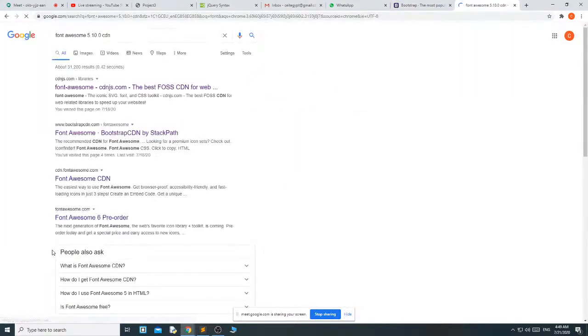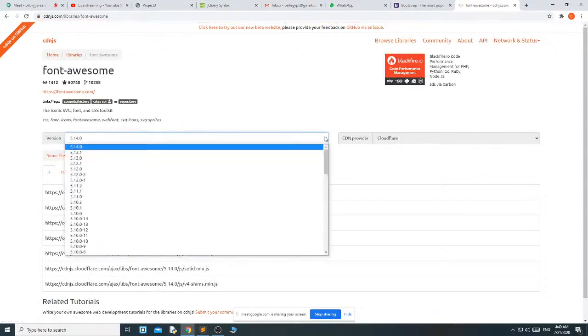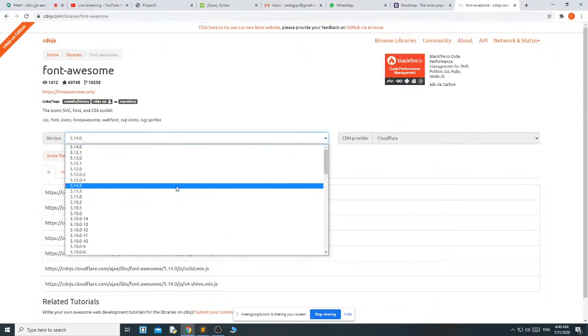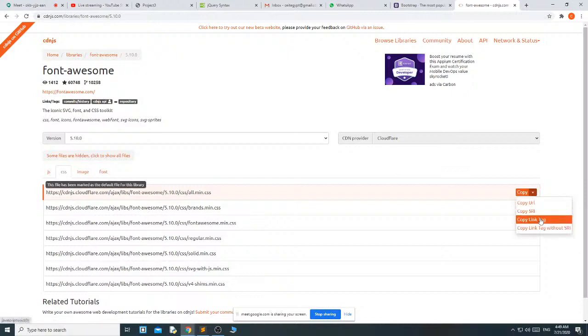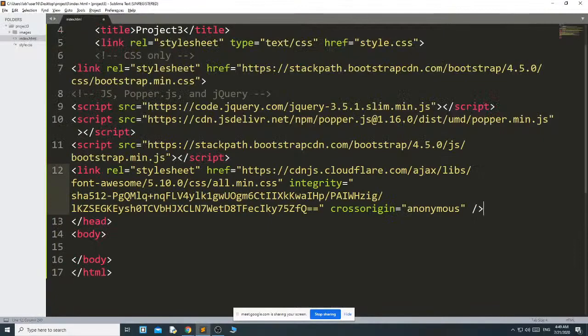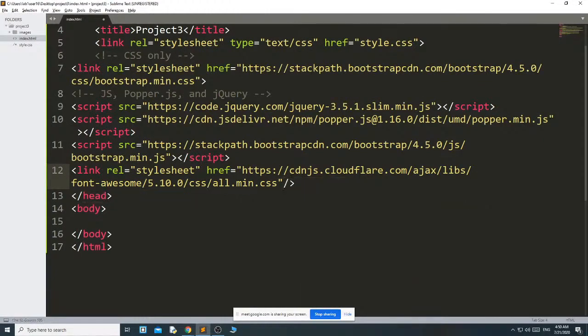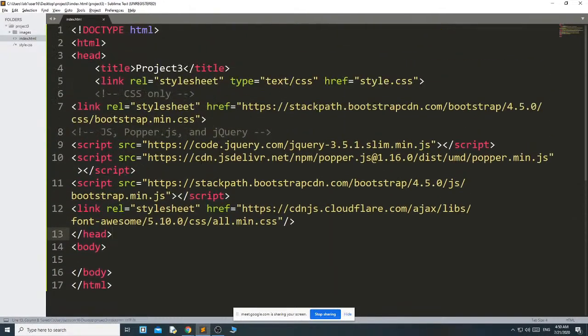I am going to use 5.10.0, the all.min.css. Copy the link tag and paste it. This is the minimum thing you need, and when I use the Google font, I will add that Google font also.